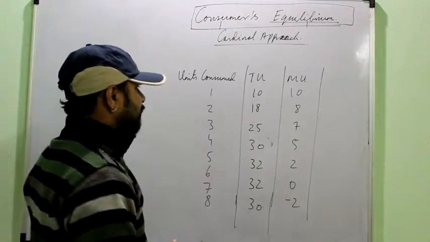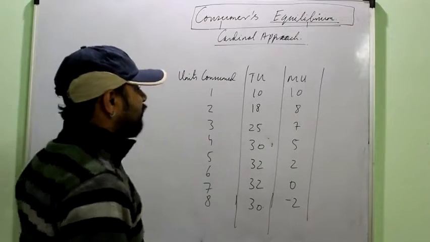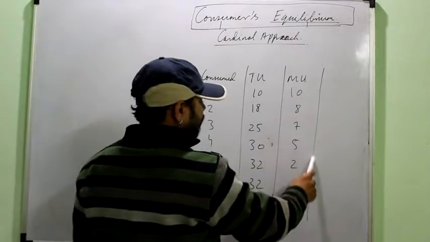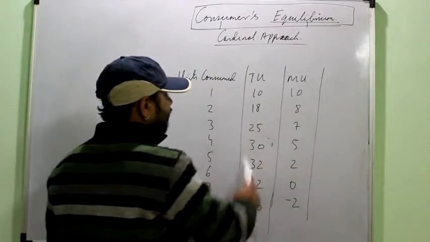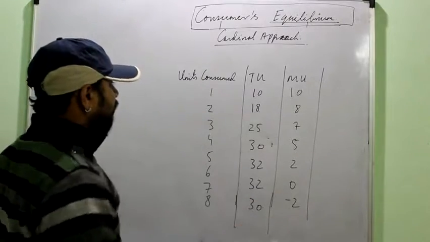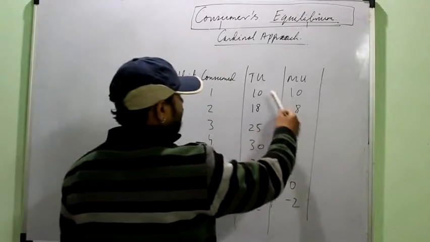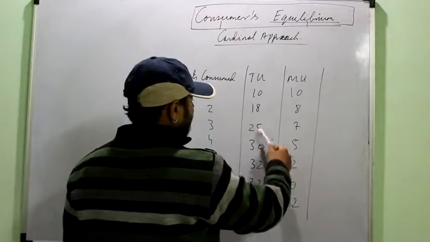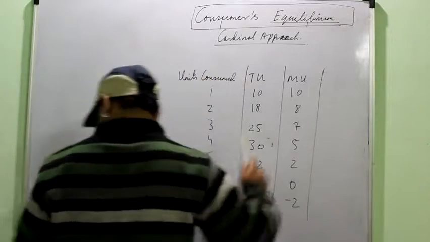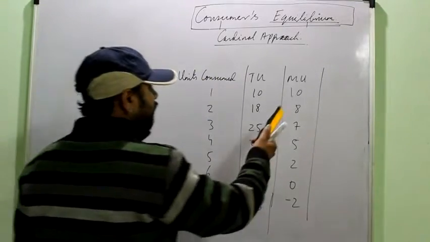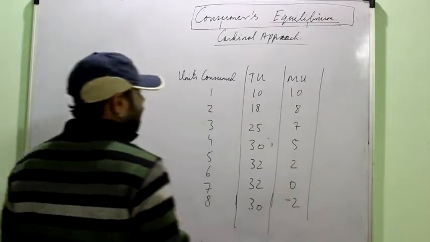This is basically the relation between total utility and marginal utility. You total up the marginal utilities of all the units and you will get the total utility. Or the formula which we were using, 18 minus 10, 8 units, this minus this, and you can use the formula to find total utility from marginal utility or marginal utility from total utility.